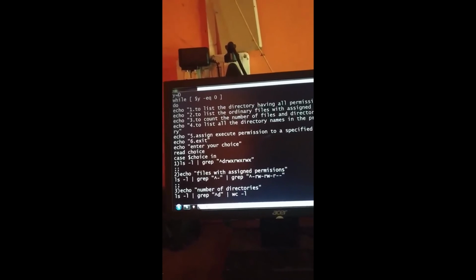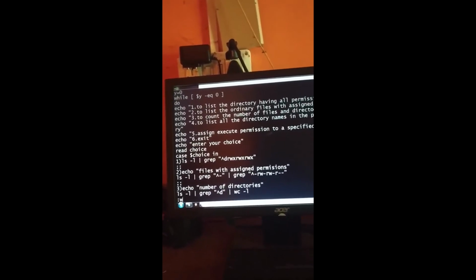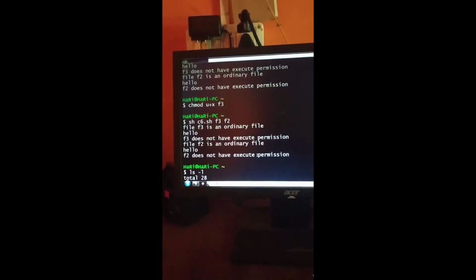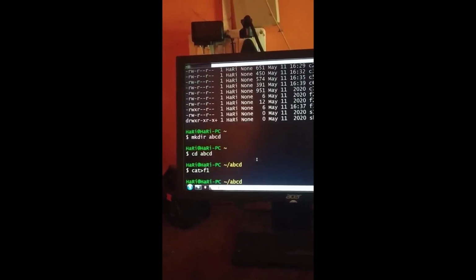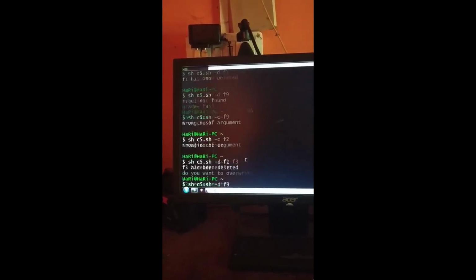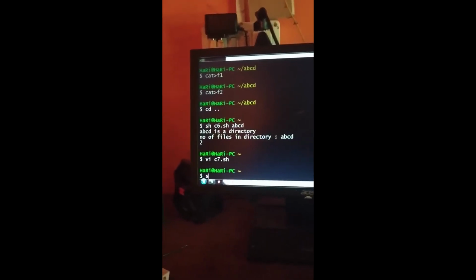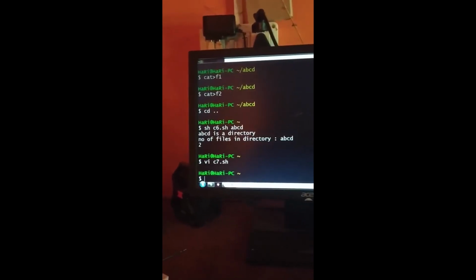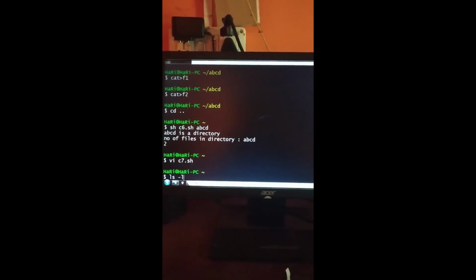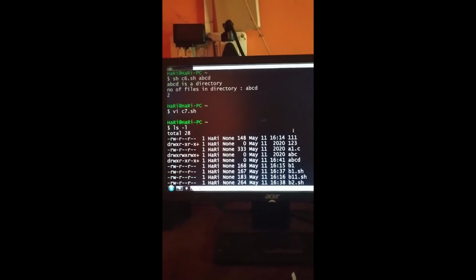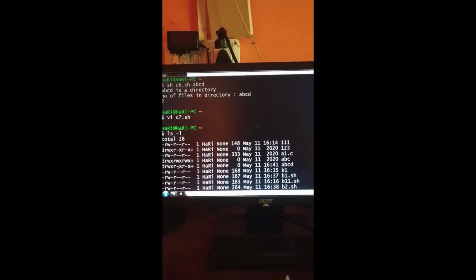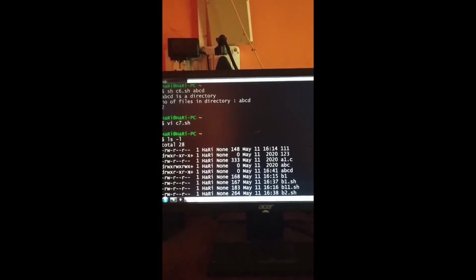So first we have to check whether the directory has all the permissions, we have to list the directory having all the permissions. So we need to create the directory, or I already created the directory. Check the permissions, ls minus l. So directory ABCD has read write execute for user, and only write for group and others. So I can assign the permissions